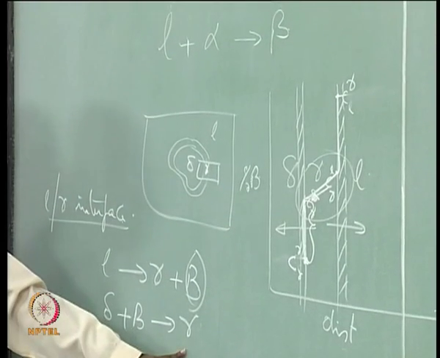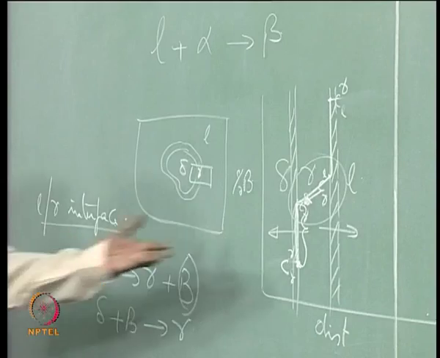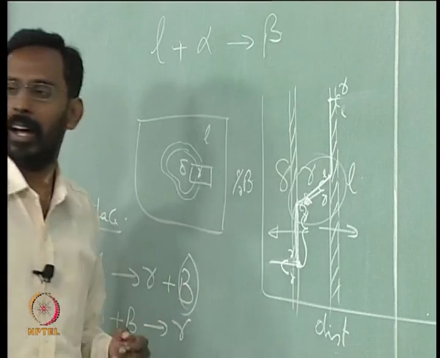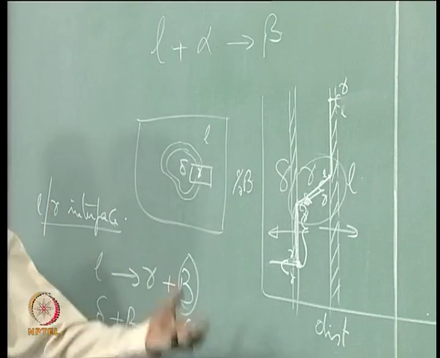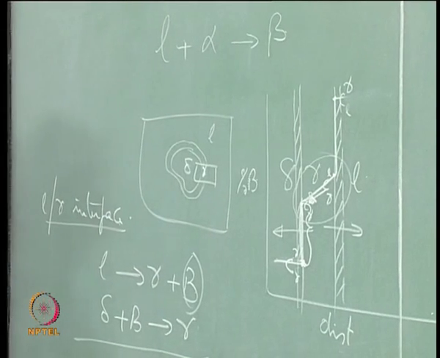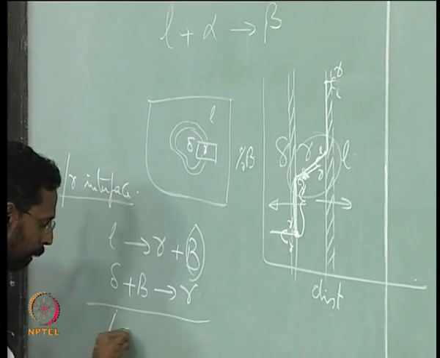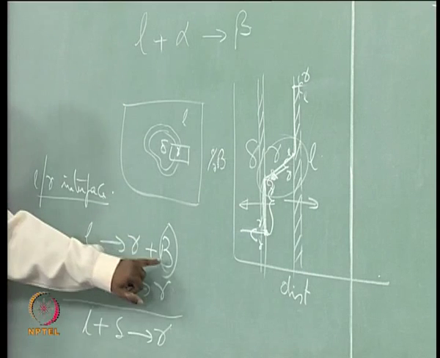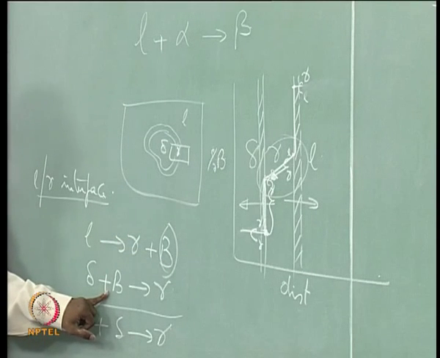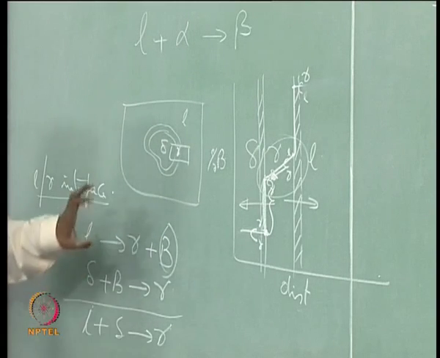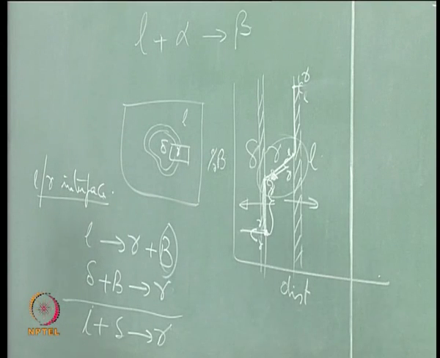For the delta to get converted to gamma, it needs excess B atoms, because it has low B atoms, low carbon content. And once the carbon atoms are provided to it, it can get converted to a gamma. And in the process, if I add these two reactions, what you see is that liquid plus delta gives you gamma, because the B atoms which are on this side and the B atoms that are on this side will get cancelled. So, you see that basically the same reaction is taking place in two steps, and this is what we call the peritectic transformation.